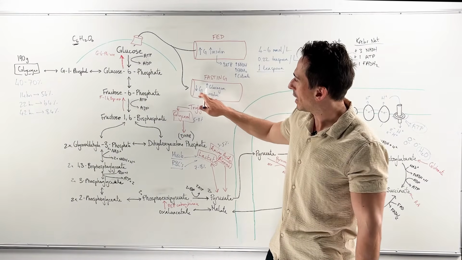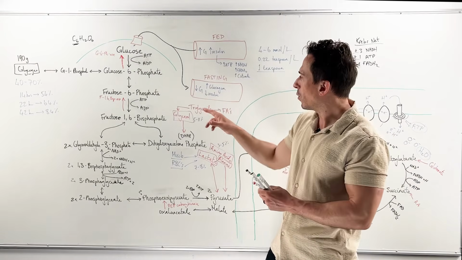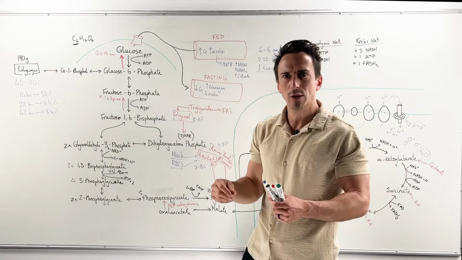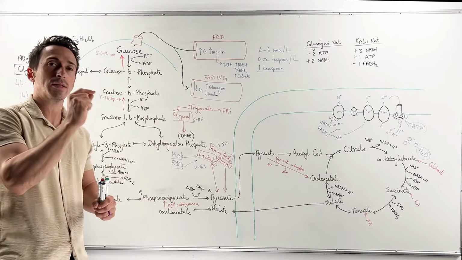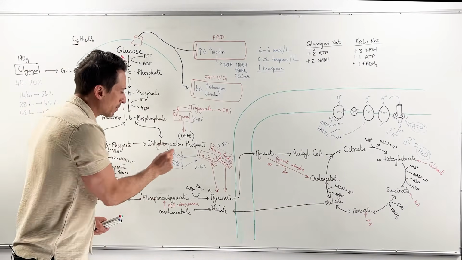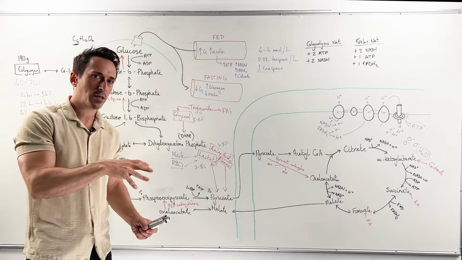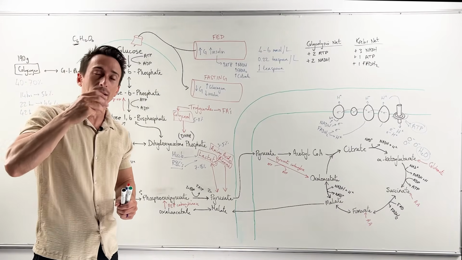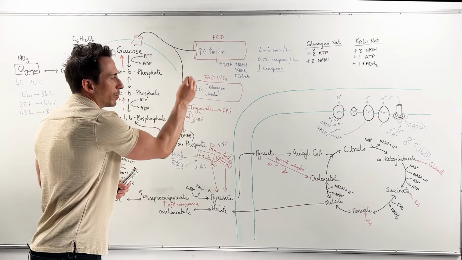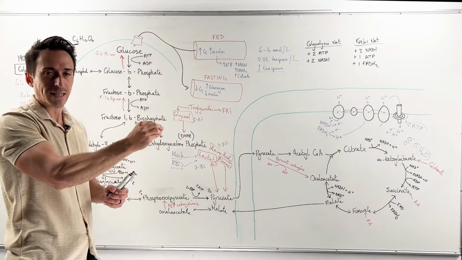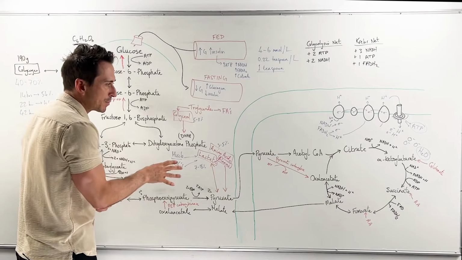Because again, the point is to increase blood glucose. Why do we want to increase blood glucose? Why don't we just want to make energy? Because blood glucose levels are important because that's what the brain uses. That's what red blood cells use. That's predominantly what muscles will use. That's also what the retina and renal medulla use. So we need the glucose levels to be normal in the bloodstream. That's important. Because if you think about this process,